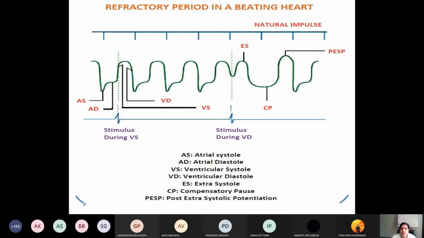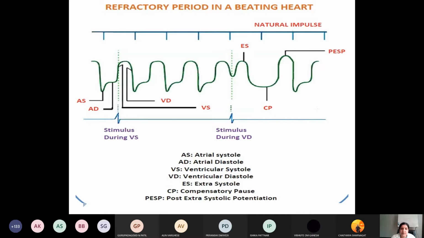But whatever amount of systole this stimulus has produced, there is some amount of release of calcium from the sarcoplasmic reticulum, and this calcium will add to the next normal impulse which falls here. That's why this post extrasystolic contraction or systole will have higher magnitude, with the help of the beneficial effect of the previous contraction which we saw yesterday, right? So three important points you have to remember in this graph, when extrasystole occurs in the normal human heart, right?